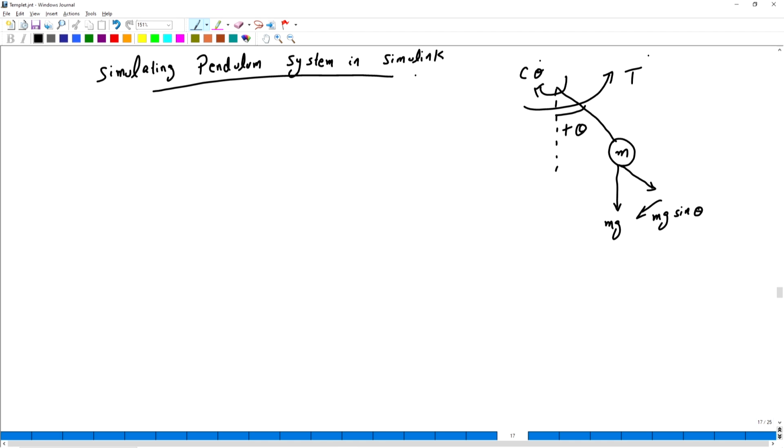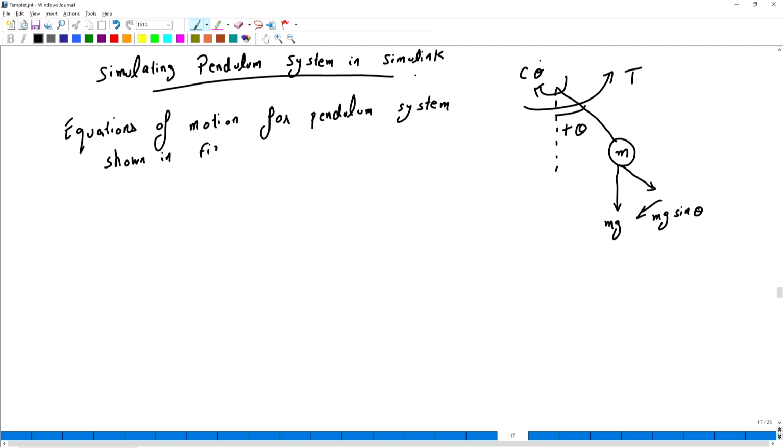So we know that the equations of motion for a pendulum system shown in the figure can be written as theta double dot, that is a second order differential equation, equals 1 upon m l square into T minus g upon L sine theta minus c upon m l square into theta dot.